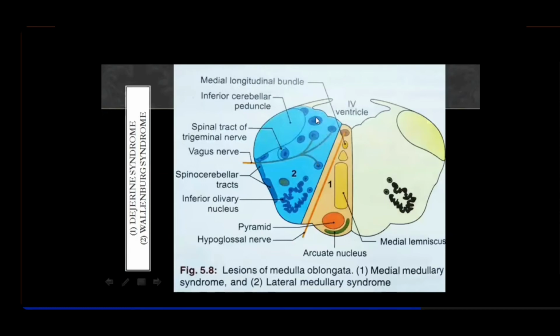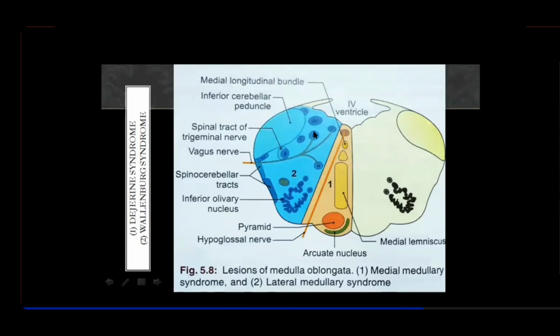Okay, then what happens is here you can see is spinal tract of trigeminal nerve. Now, spinal tract of trigeminal nerve, let me tell you, this is for the sensations from the trigeminal nerve, and basically trigeminal nerve brings in sensation from the entire face and neck anteriorly, except posterior portion by the spinal nerve, cervical nerves. So sensations from the face will be lost on the ipsilateral side. Remember this. Okay? So sensory loss on the same side will be there.